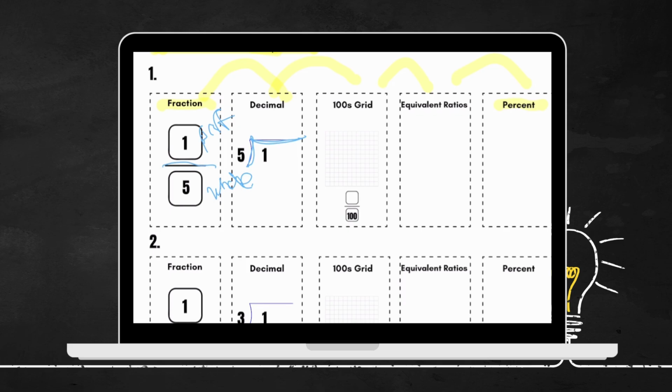And so then we say, can 5 go into 1? No, it cannot. So we add our decimal point and drop in a 0. 5 goes into 10 2 times. So 2 times 5 gives me 10, and it goes in exactly. So as a decimal, the way we say this decimal is 2/10, which is also how I could draw it